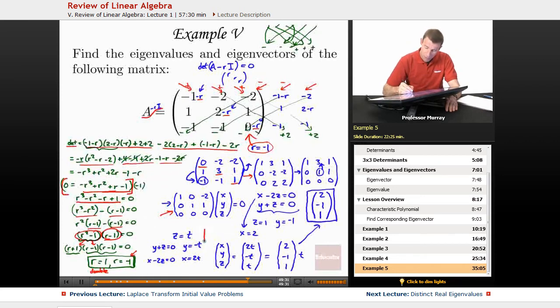You can use free parameters the same way you learned in linear algebra, or you can use my little trick of starting with z equals 1 and then working backwards to figure out what x and y should be. Either way, you end up with this as the eigenvector,